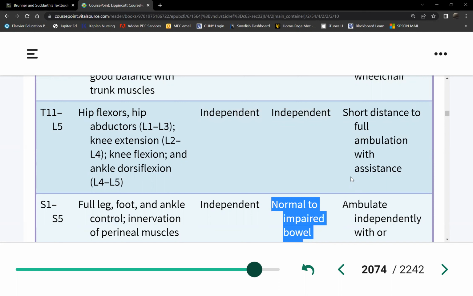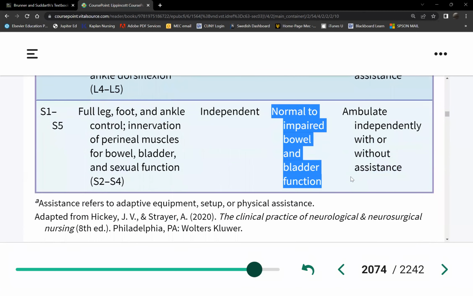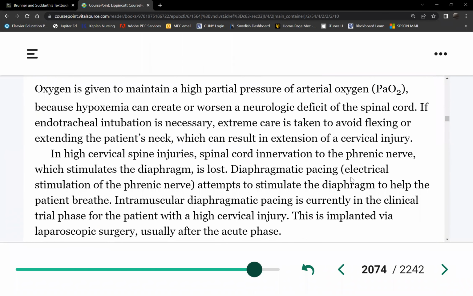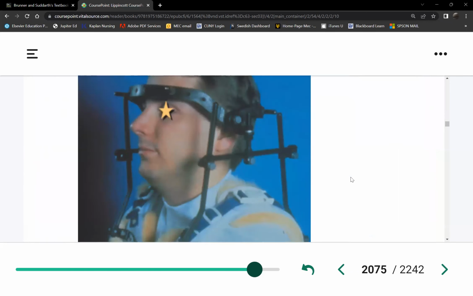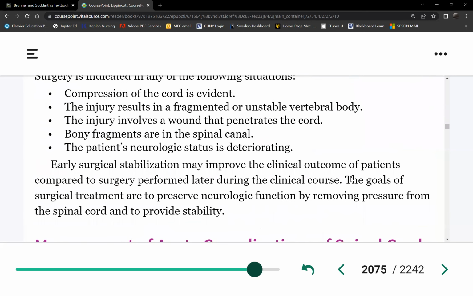So they'll have to self-cath at least 2 or 3 times a day in order to empty their bladder. And for the bowel, they may have to take fiber, stool softeners, or even laxatives in order to facilitate BMs. Or, never fails, just glove up and get in there themselves. Depends on their situation. They can do it themselves, or